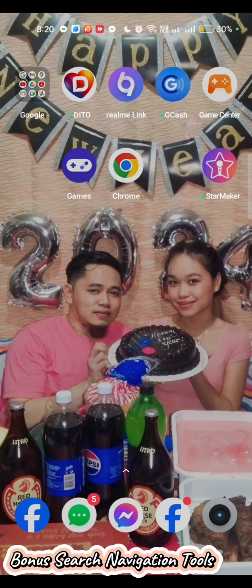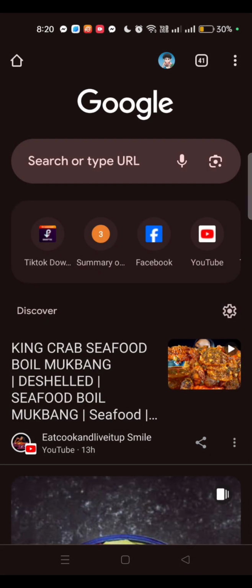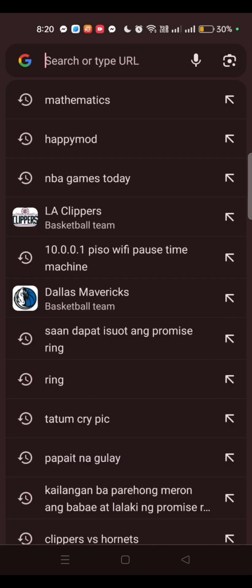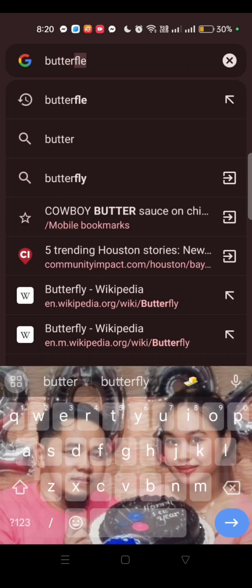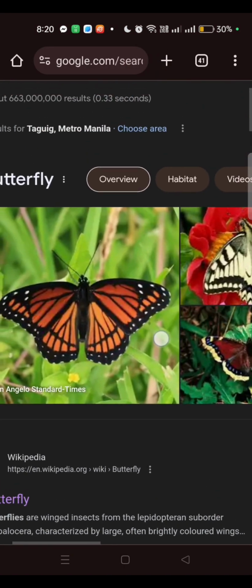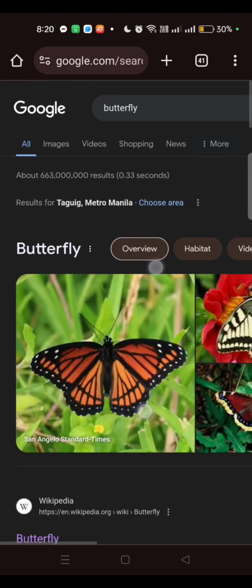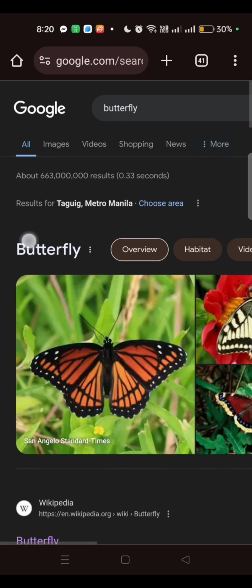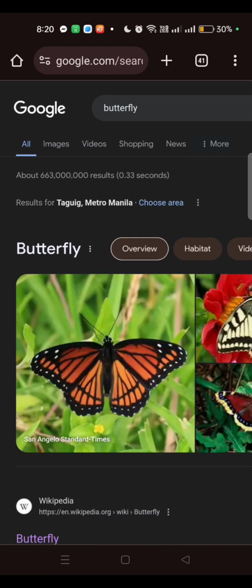Bonus search navigation tools. First, tap the Chrome app and then type butterfly for example. And then search, of course. And you will see the words all, images, videos, shopping, news, and more. Just tap the news